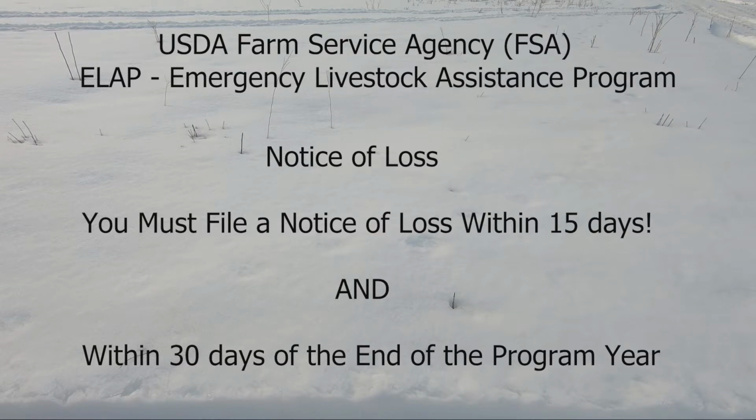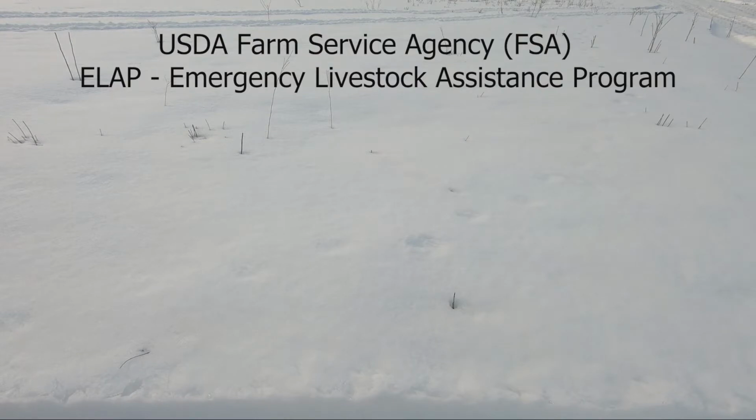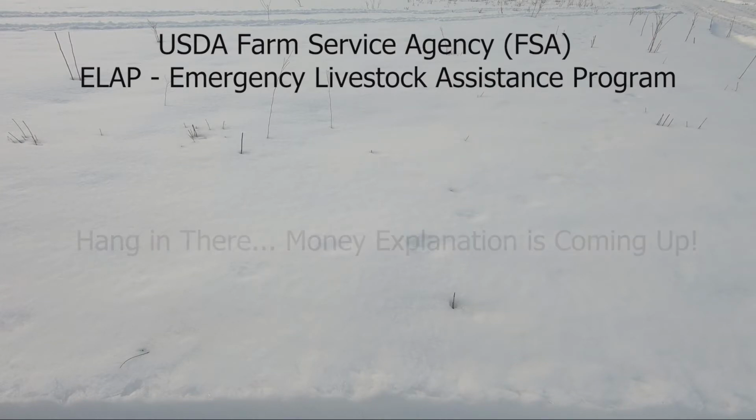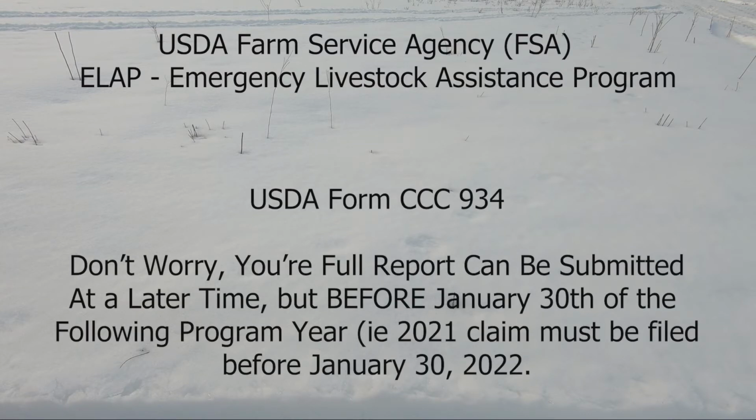Now, when we get up into the 50s or warmer temperatures, we expect to see bees, or we go in and do a hive inspection because it's warmed up enough. At that point, when you see a bunch of dead bees on the bottom of the hive or an empty hive, that's when you have loss. That's when you've noticed that, when it became apparent. So you need to notify your FSA office then and fill out the paperwork for the initial application for loss.